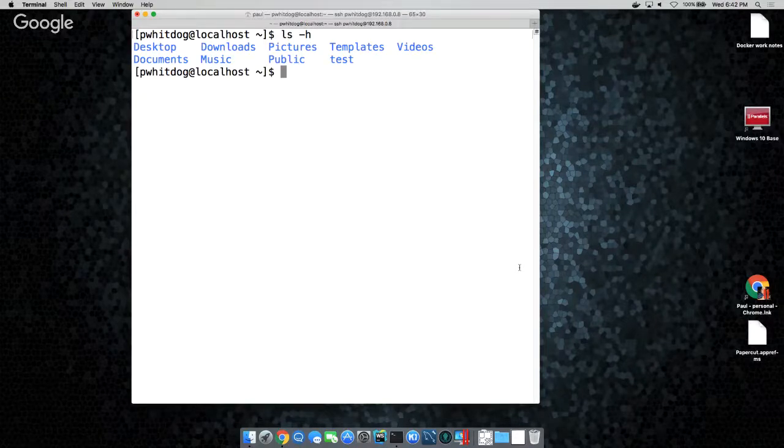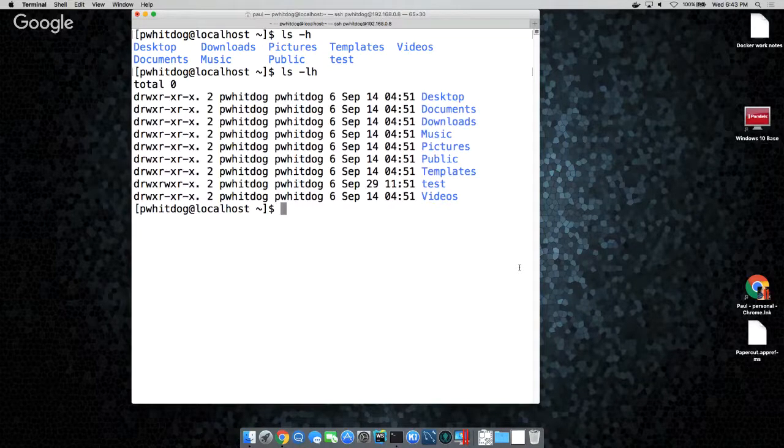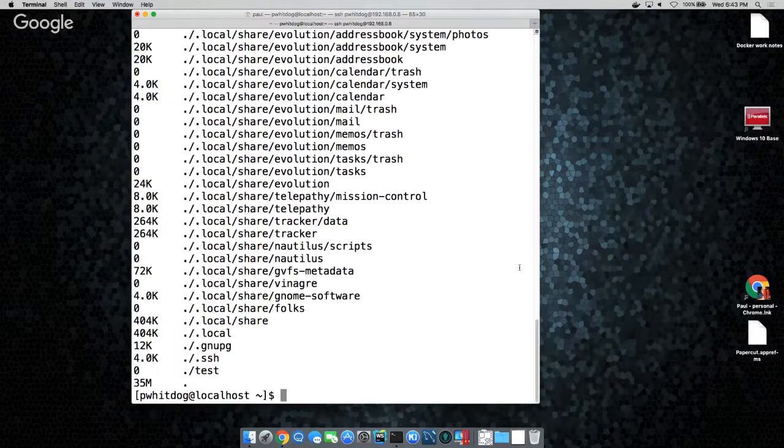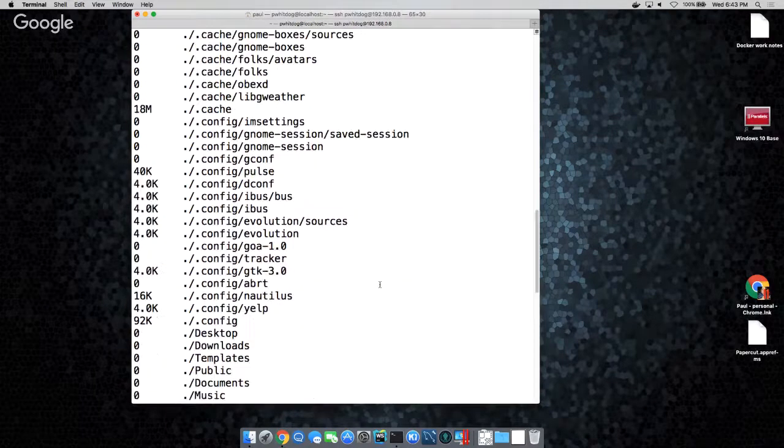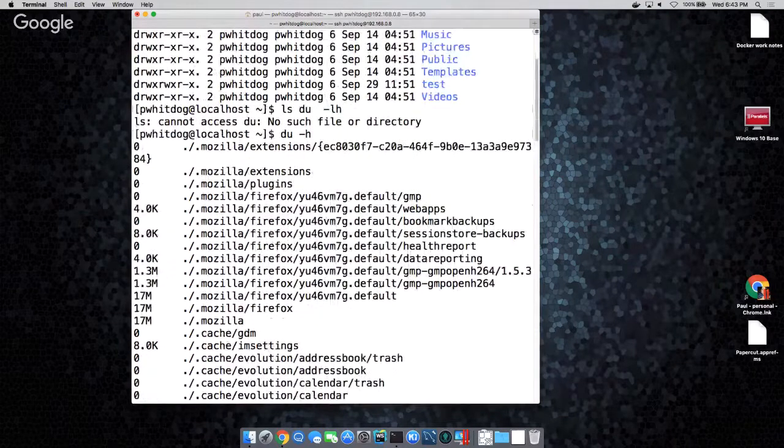Like this? Oh, you got to do the L. You got to do long. LH. Yeah, because the L is what shows the size, which has to be there to make it human readable. Except that didn't work. Well, those are all directories. That's why they're all 6. Try a du -h. That'll give you something meaningful. Just du instead of ls. Yeah. So kilobytes, right, instead of just bytes. Like the ls -l is just in bytes.